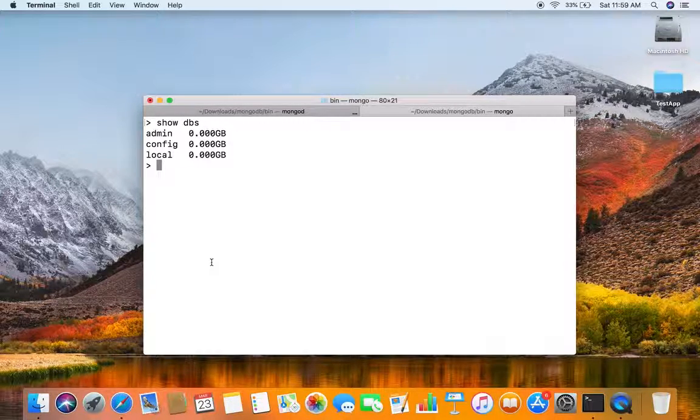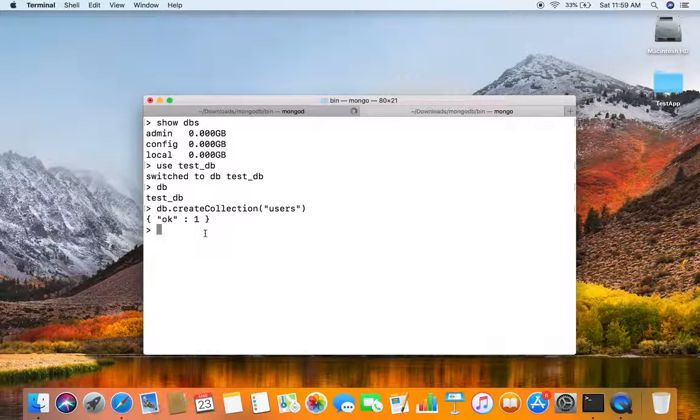You can create a collection by first selecting the database. I'm going to use the test db. By running the command db you can confirm that you are in the correct db, and to create a collection you have to run the command db.createCollection by passing the parameter of the collection name. For example, if you want to save users records, you can create a collection named users,